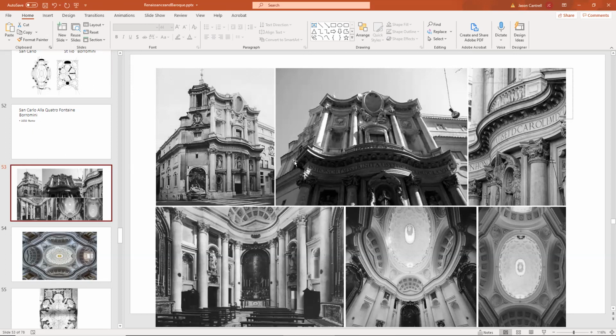Okay. So, what we're seeing is classical orders, Doric, Ionic, Corinthian, but a very warped language. Borromini kind of warps the Corinthian capitals. These are not the best images of the Corinthian capitals. You can tell they're definitely different, exaggerated variations on the classical orders.